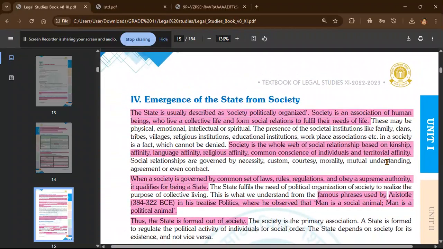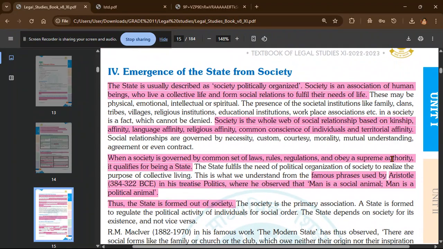Next, we are going to see the emergence of state from a society. Basically, we are going to see how a state formed from a society. Before reading this, I would request all of you to highlight whatever I have highlighted. Second, you must understand that first society comes, then only state gets formed. What I have underlined, I'll be stressing on more while explaining, because those are the key things that you will write in your exam. The things that I have not underlined, you do not have to write in your exam. If you want, you can write, but they are unnecessary stuff. You don't need to learn this.